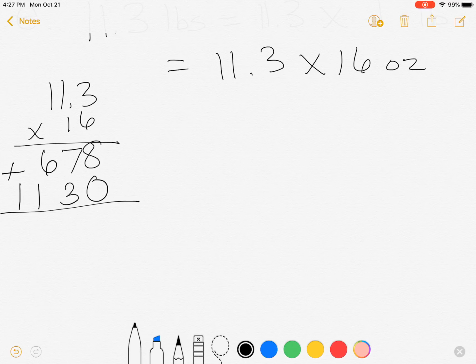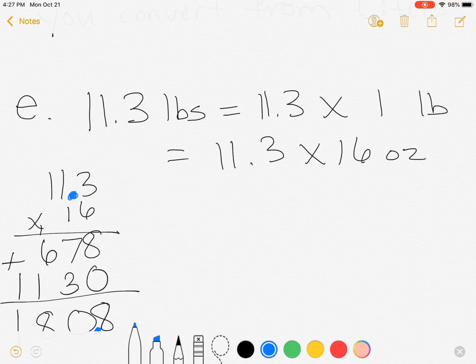Okay, add these together. Help me make sure I don't make a mistake. 7 plus 3? 10. 6, 7, 8, and 1. Is it 1,808? Really? No. Look up here at our factor. Our factor has tenths, so our product needs a decimal in the tenths to show tenths. Okay, so that is 11 and 3/10 pounds equals